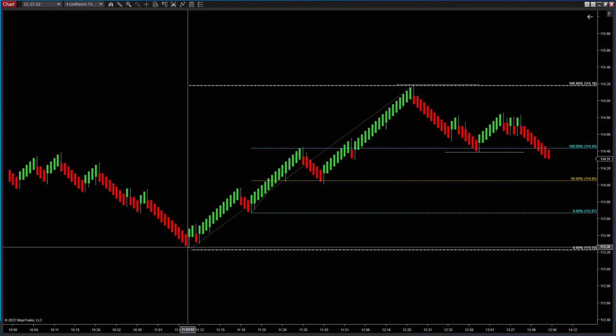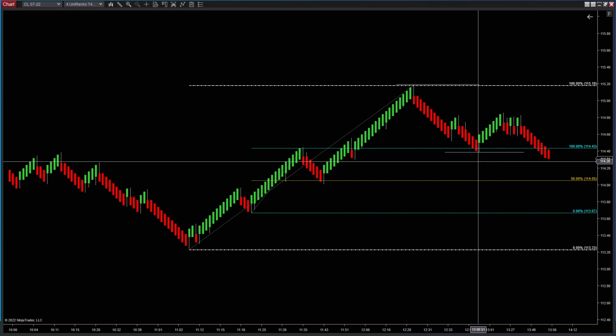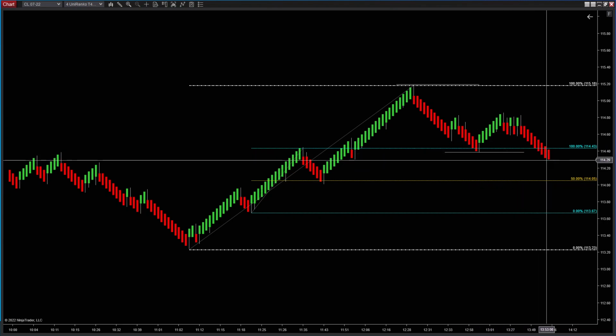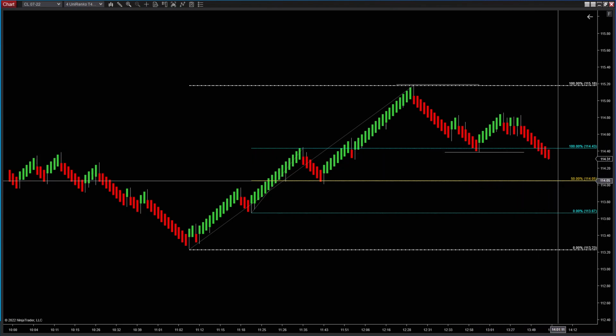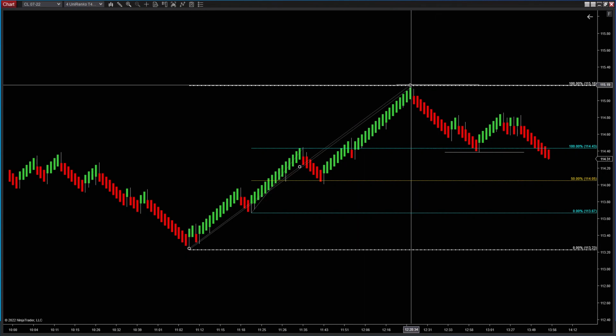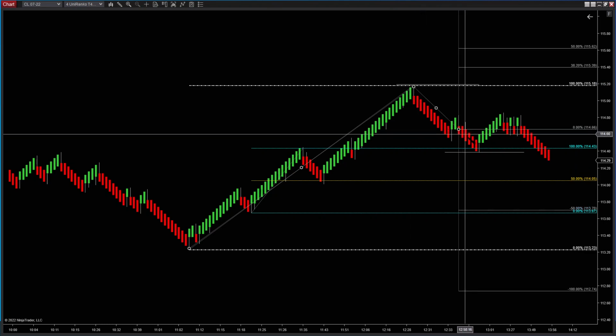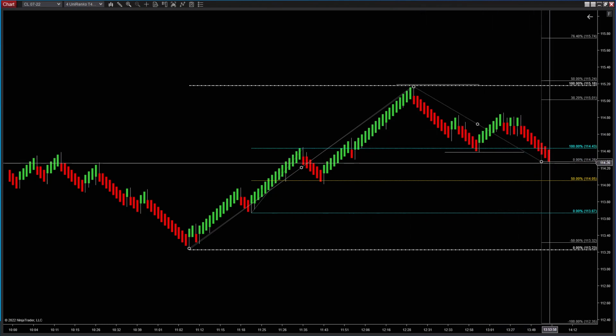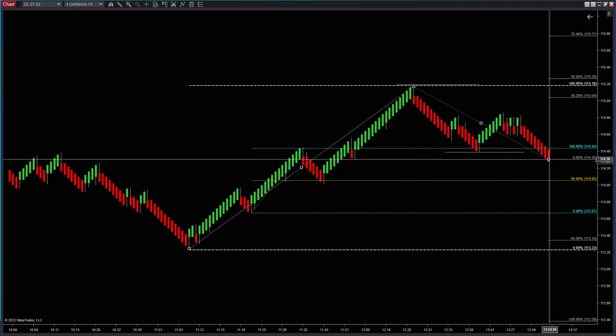So let's say that we found a low here, or we're going to find a low here in the 50. So what I do is go there, measure all the way up in this move, and then move it down here. See, and it gives me